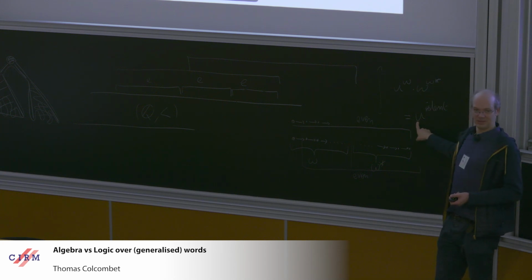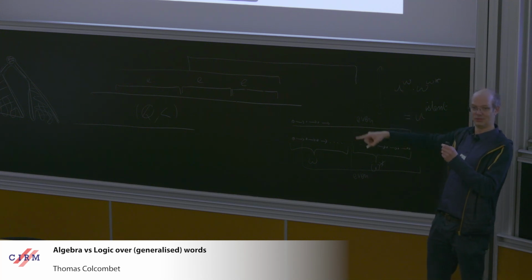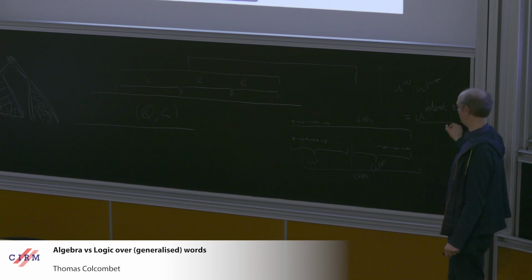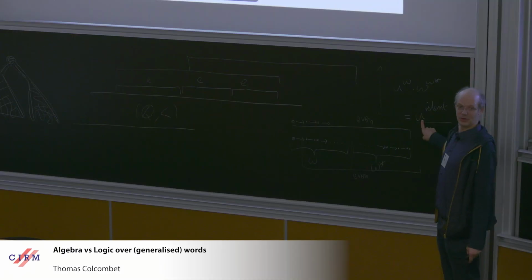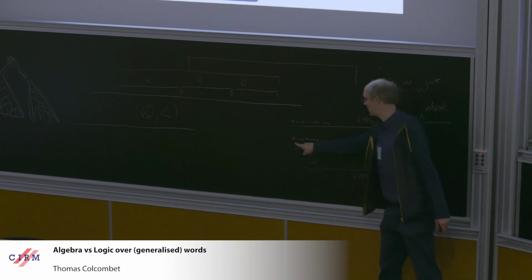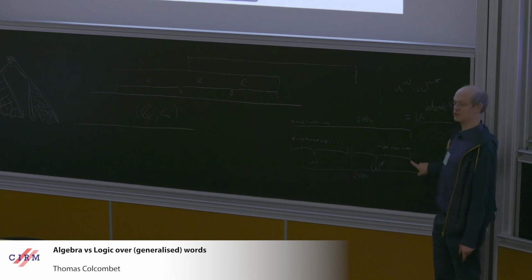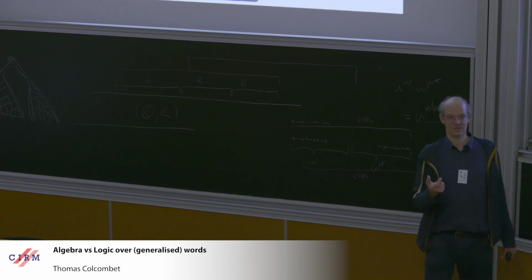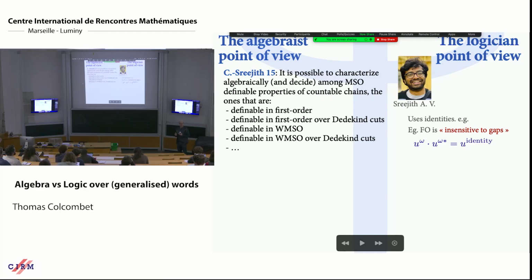When you iterate an element, after some point, because it's a finite algebra, you come to a cyclic group, and there is an idempotent there. This is what you call u ident. Usually it's called u omega, but it's very ambiguous in this context. And then essentially this means a word that is sufficiently long. And this identity says that if you insert a gap like that, it is not possible to separate it from a sufficiently long word. So this identity is precisely putting in symbols the intuition that first order is unable to detect gaps in your linear orders.